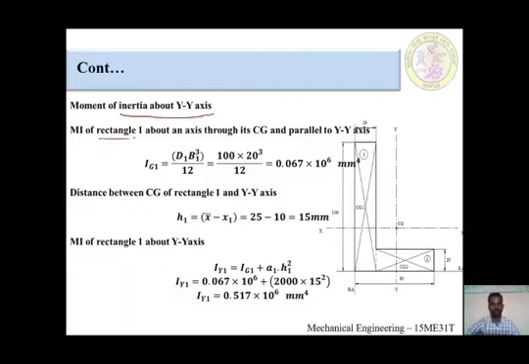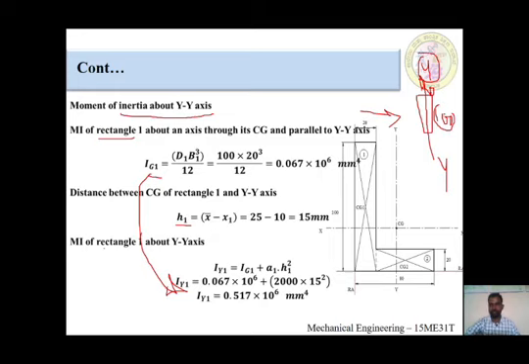First, individually we have to calculate rectangular 1 and rectangular 2. Firstly we calculate the Ig1. After that we find H1 and put these values in this formula to get Iy1. After that I am taking the first component outside. This is the y-axis. This would be 20 millimeter and this would be 100 millimeter. We are supposed to look from this side. First we get this 100 value, second this 20 value. This value we call the D value, and this we call the B value.